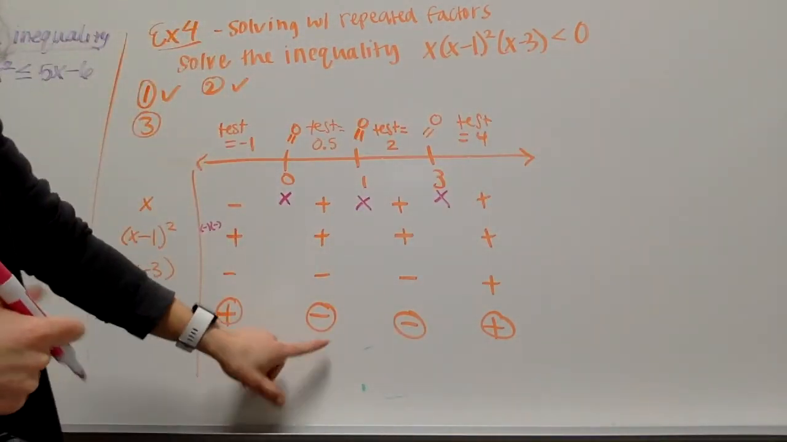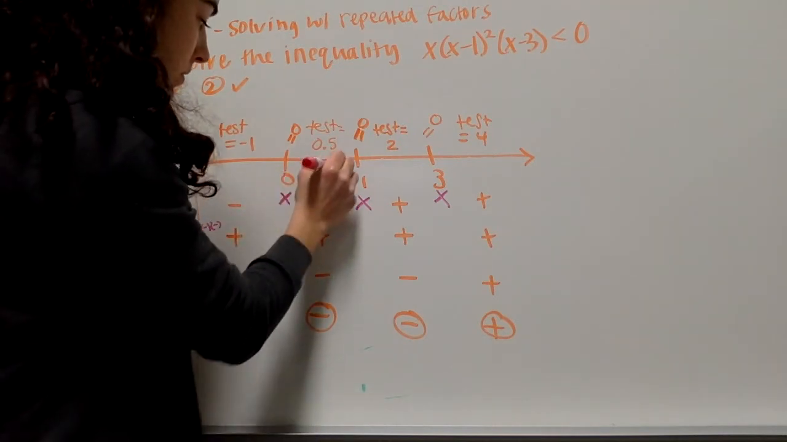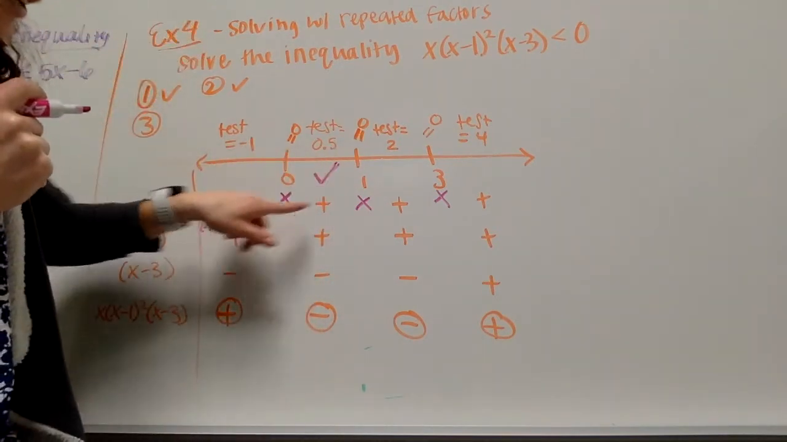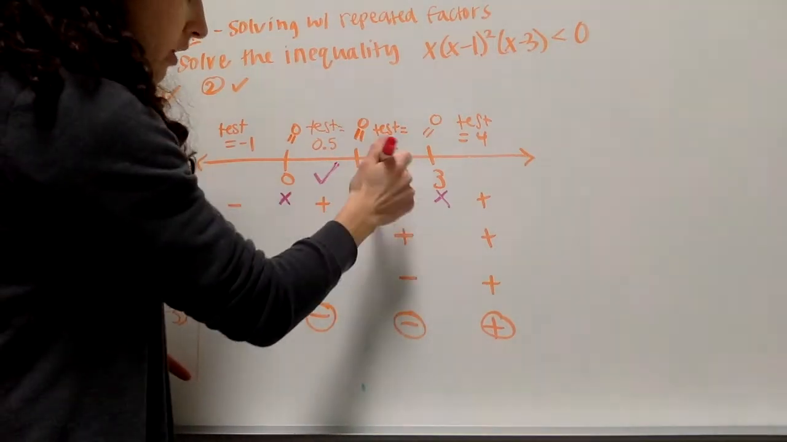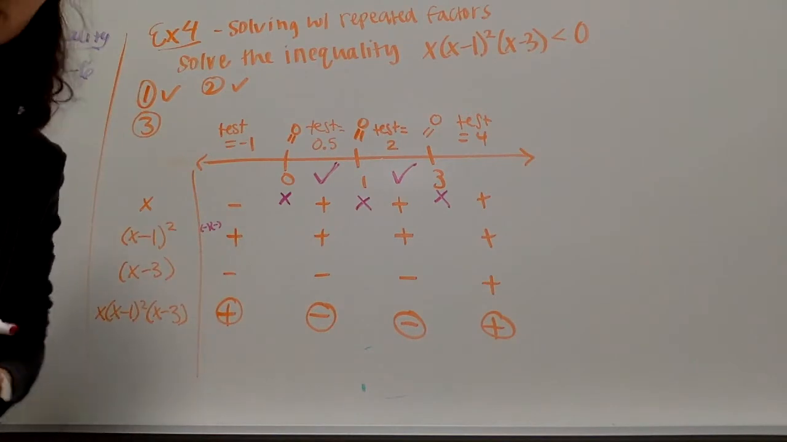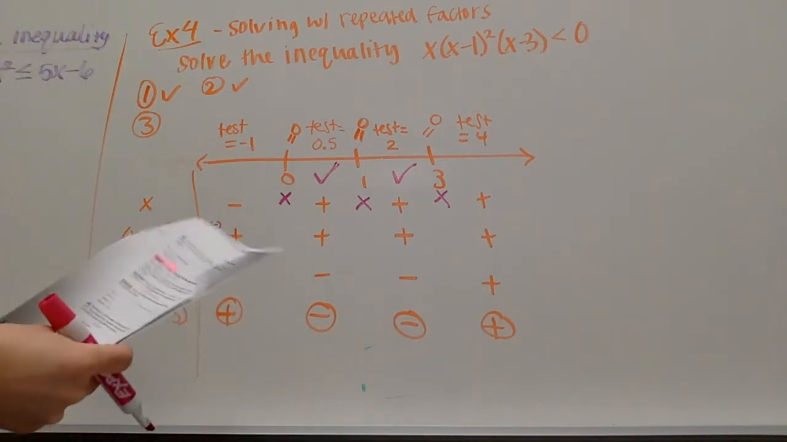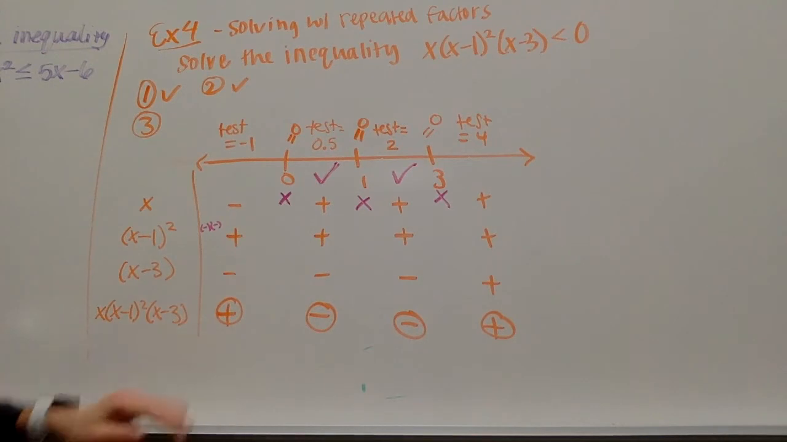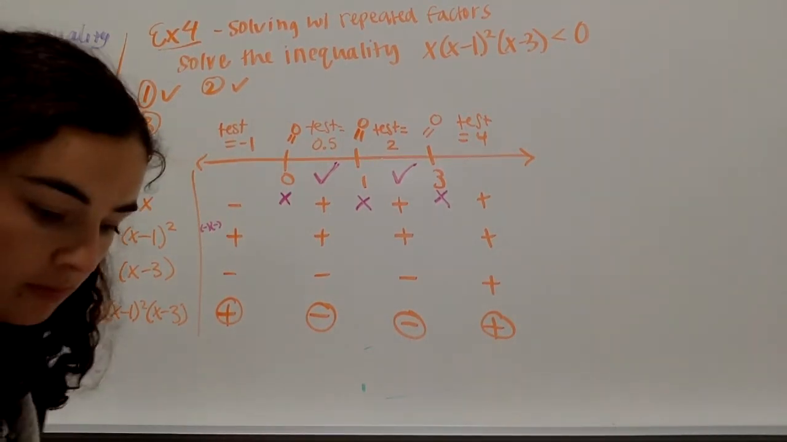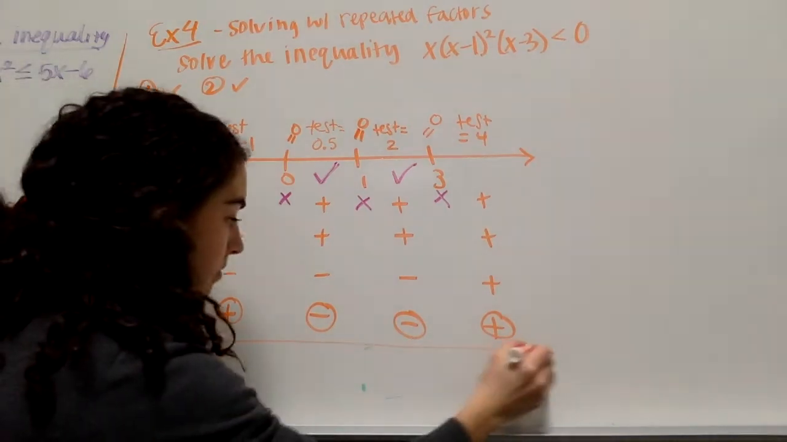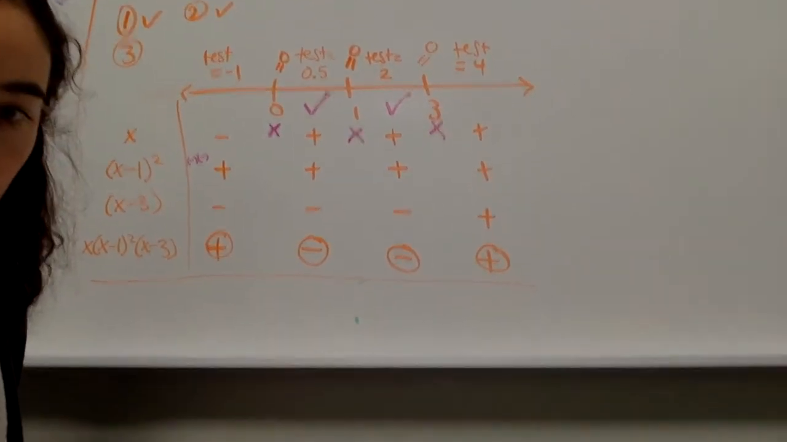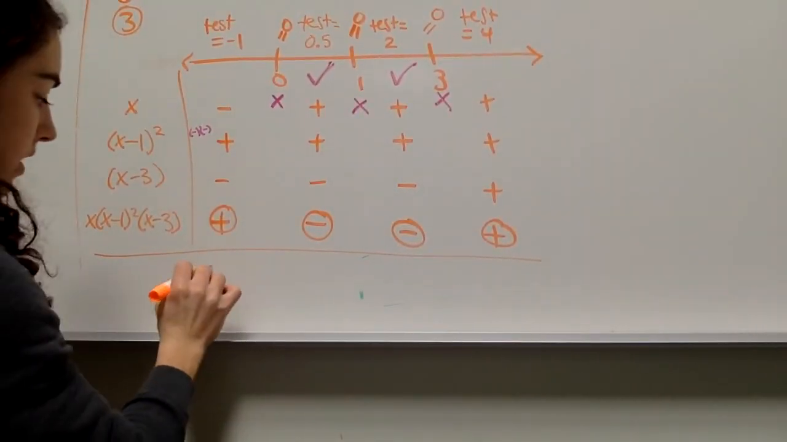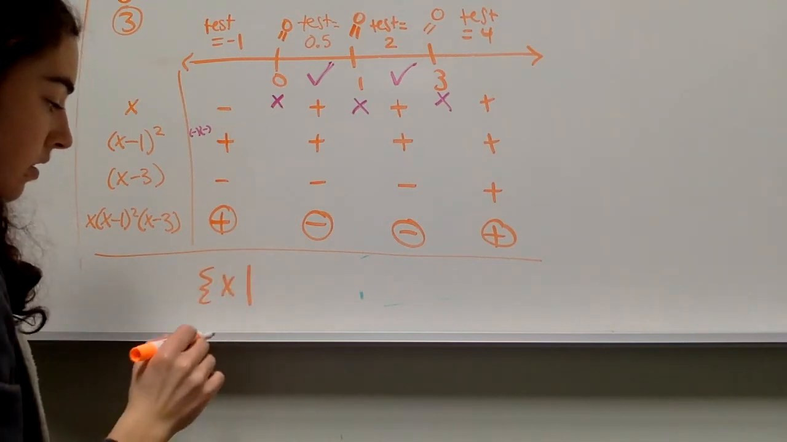The only ones that work are this interval here, between 0 and 1, but not including 0 and 1, and then this interval here, between 1 and 3, but not including 1 or 3. So we actually need to write this as 2 different intervals. So our answer needs to be written as, you can write it like this. X, if x